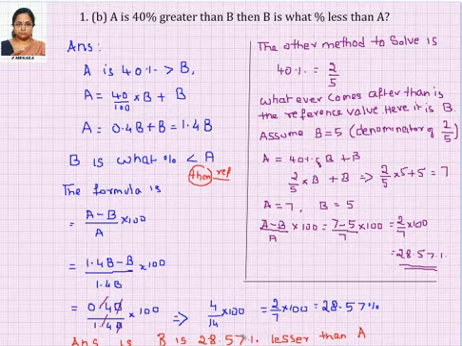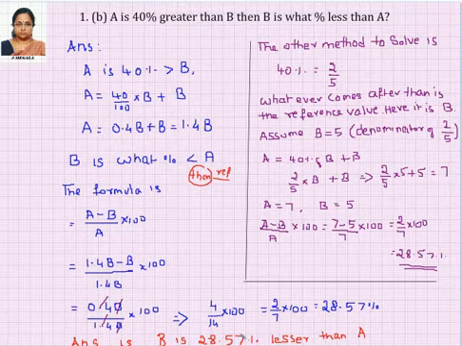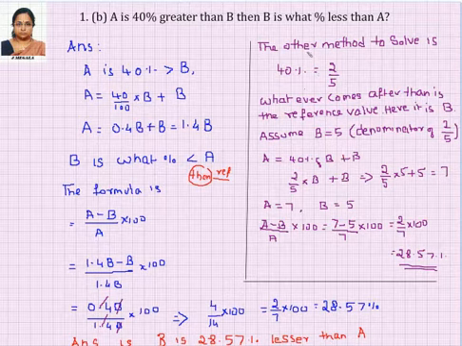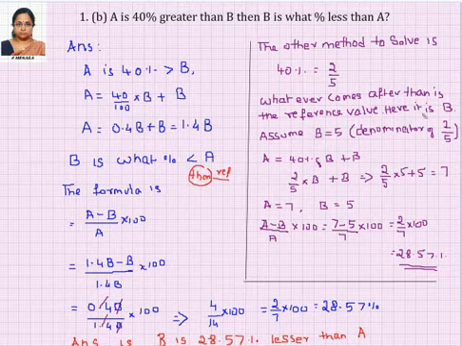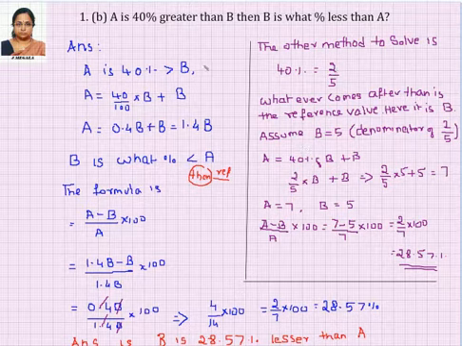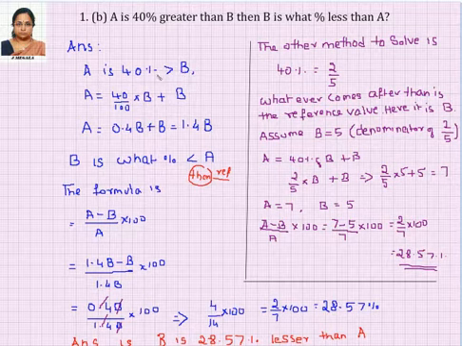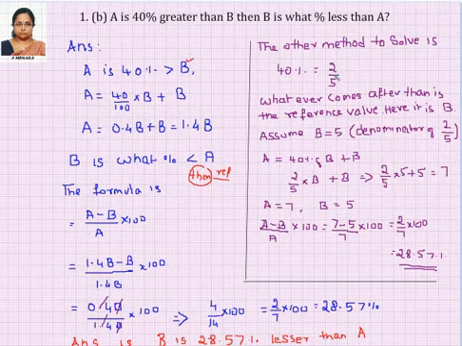This also can be done in an alternate method. The alternate method is assuming the values. Let us see this one. Here 40% is given. I'm taking that 40% in terms of fraction, that is 2 by 5. The minute you get this, you just have to see which is your reference here. After "than", whatever comes is the reference. So in this problem, B becomes your reference. So B has to be assumed as whatever you have in the denominator or any multiple of that.